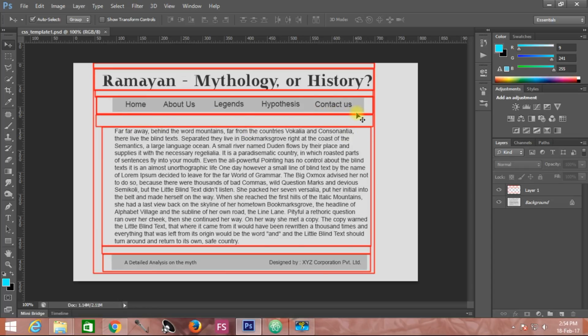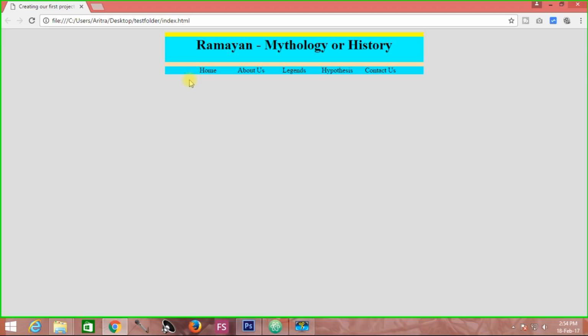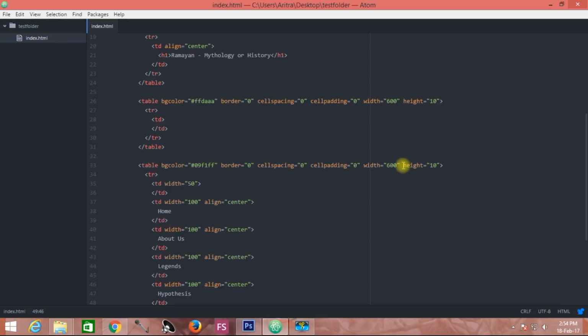Now here another thing, it actually shows a little bit bigger over here, and now it is showing a little bit shorter over here. So if you want to make it a little bit more spacious, leaving a little bit more space from the top or from the bottom, then all you need to do is to go back to your table, and here actually this is the main cause of it. You have already provided a height over here, so just delete this height.